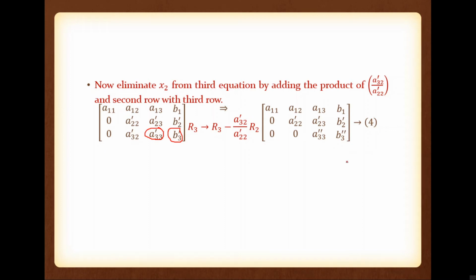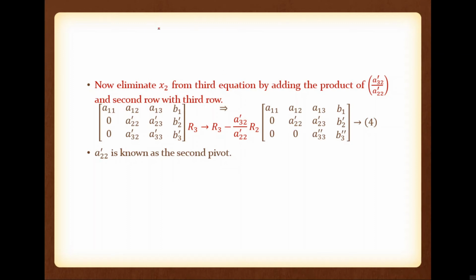Now you can see that this one is an upper triangular matrix, because the elements below the diagonal are zero, and the elements above the diagonal may be non-zero. Maybe zero, rarely, but normally it is non-zero. So this is known as second elimination. Please note, A22 dash is the pivot and the corresponding second row is the pivot equation. If you are doing this, you must be very careful.